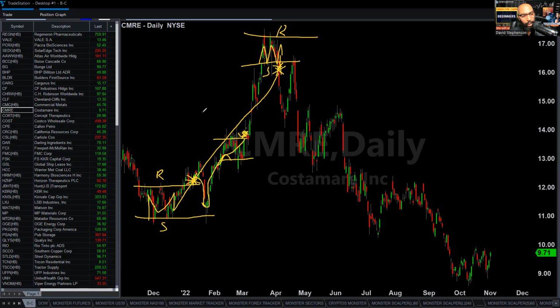Okay, so this is the markup phase. All right, markup phase. All right. And now we're getting into the markdown phase, when the price breaks support,